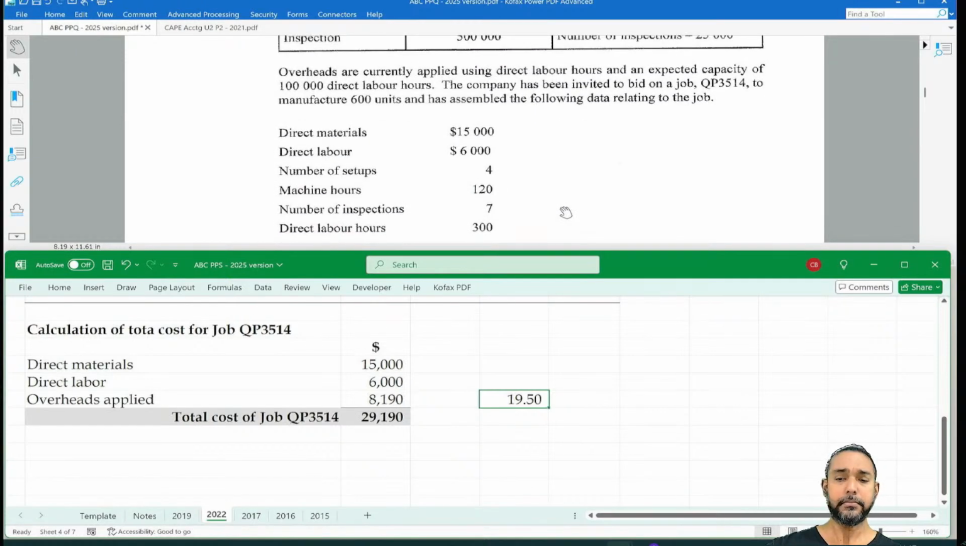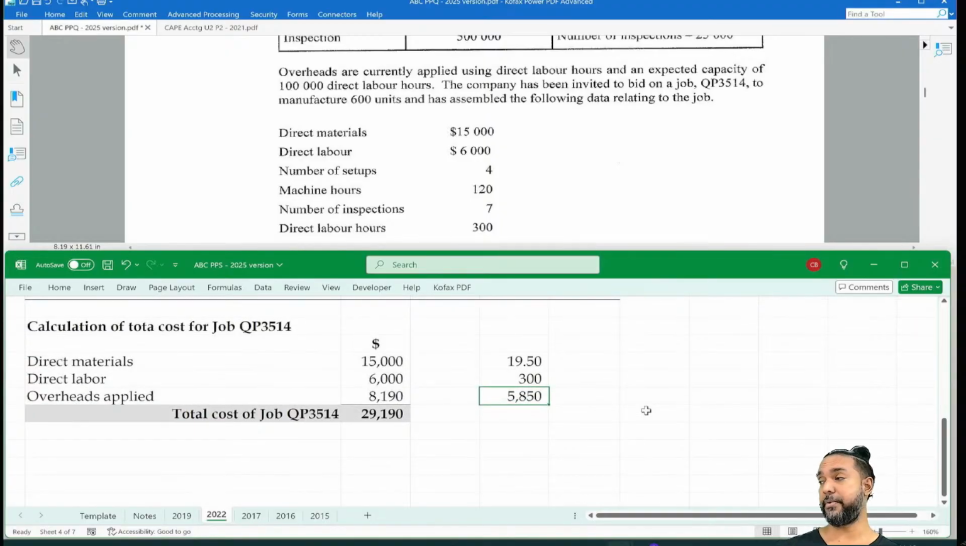And then for this job, it was 300 direct labor hours, right? So then the 19.5 by the 300, that would have given us the overheads applied. 5850. That's a lot less. So in that case, what would have happened here would have been the opposite of what happened in the 2019 example. Well, the 2019 question, which we used as an example. In that example, we applied too much overheads using traditional costing, so we would have overcosted the item. Here, we would have applied 5850. Let's round it at 6,000,